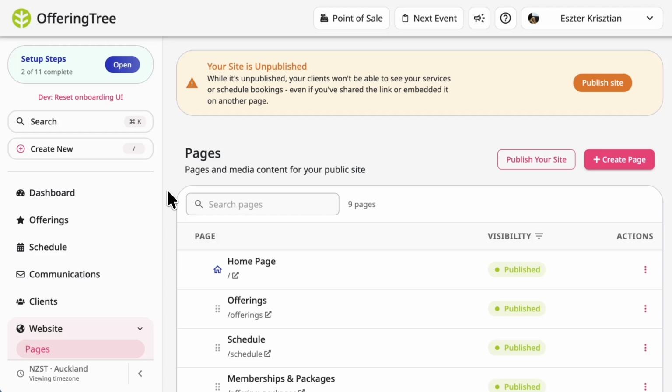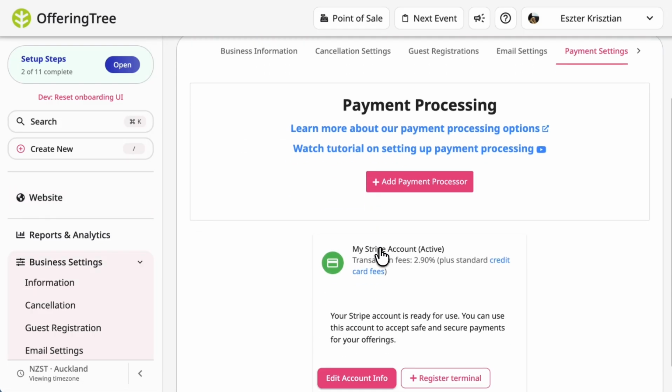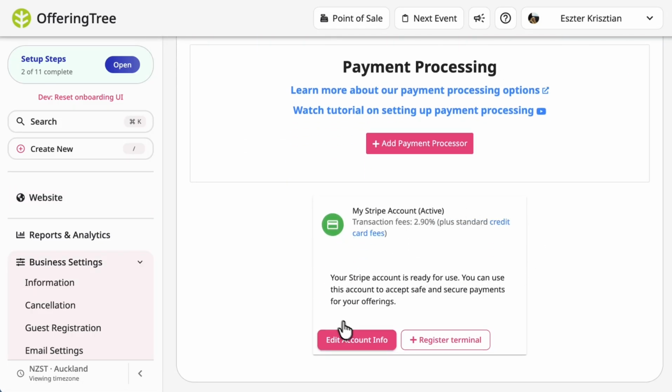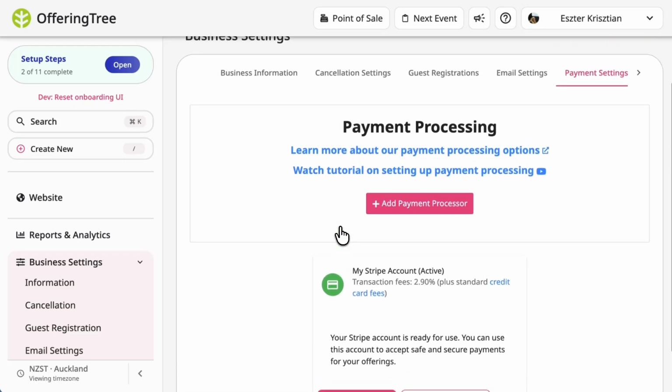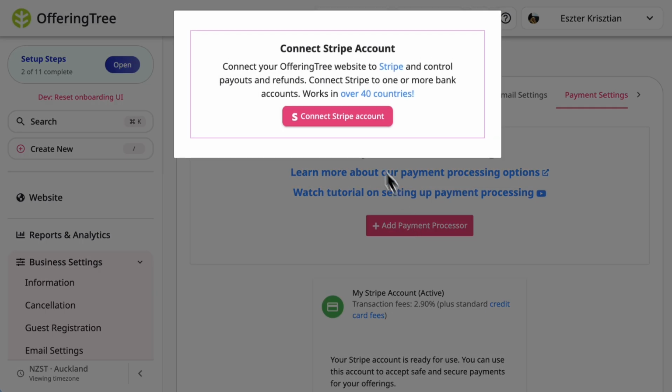Once you've started building your pages, one of the other most important things to do in order to run your business through Offering Tree is to set up your Stripe. You can do this through the business settings and find payment settings. If you have already connected your Stripe, it will show up here. If not, simply click on Add Payment Processor. You can connect to Stripe through here,